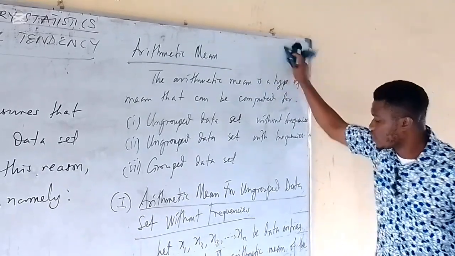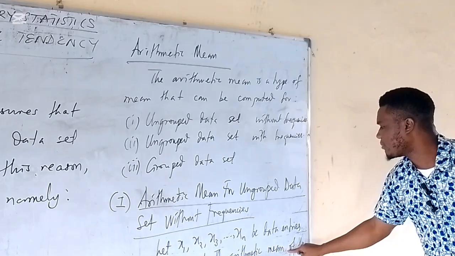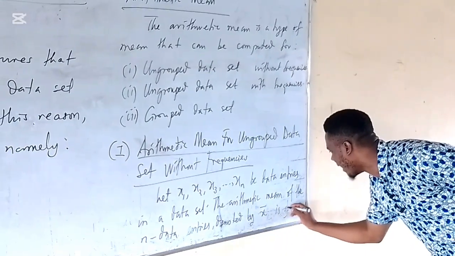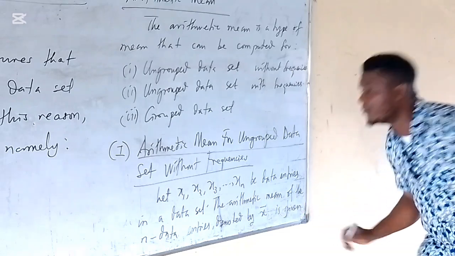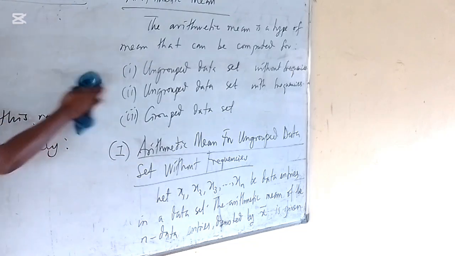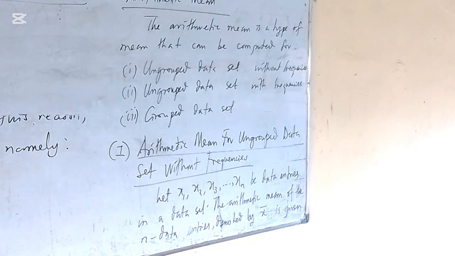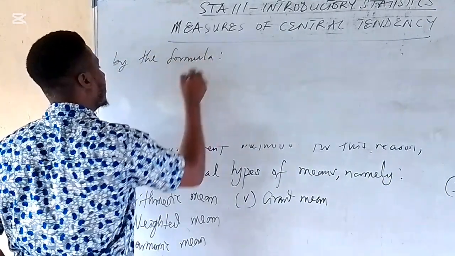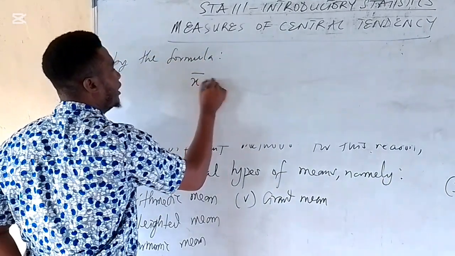Is it clear? So I am saying the arithmetic mean of the n data entries denoted by x bar is given by the formula x bar equals,